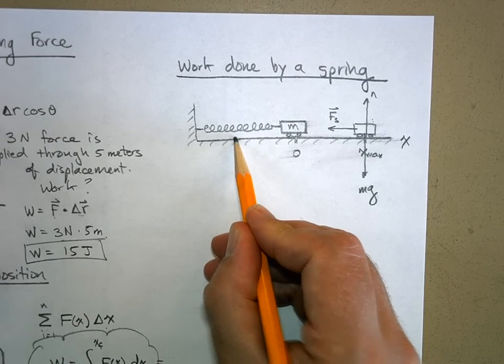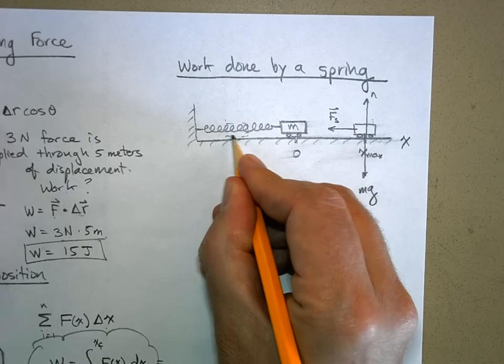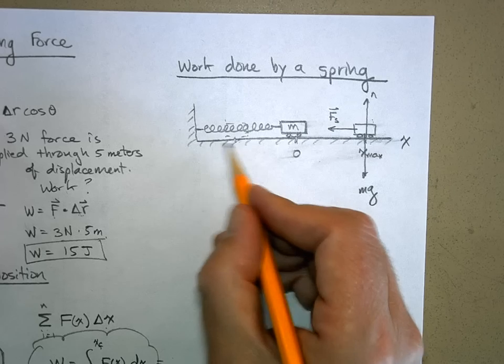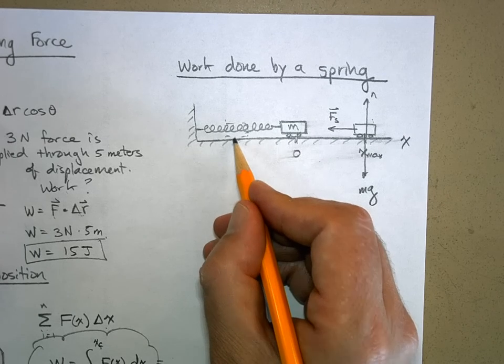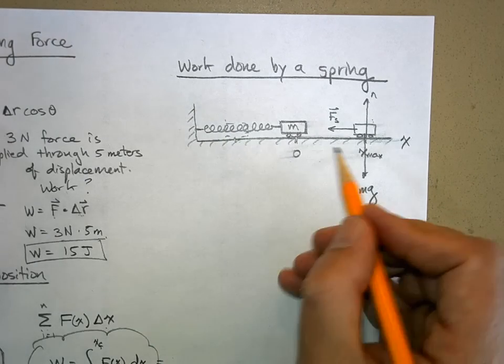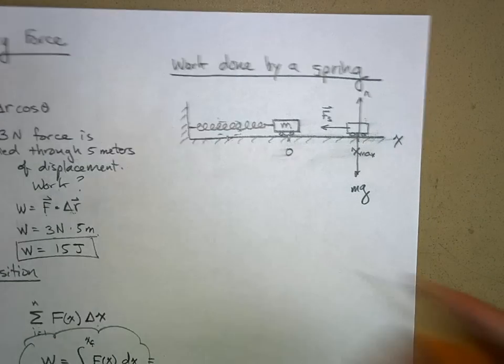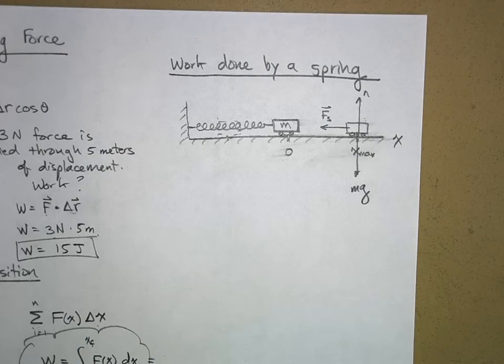Like if I pushed it right here, put the crate right here, well, what direction is the spring pushing on my crate now? To the right. So what I'm going to do is just make a statement here. This is called Hooke's law, and it works for most springs. This is not a law of nature. Okay, you can find springs that don't obey this little equation, but just to keep things simple, we're going to